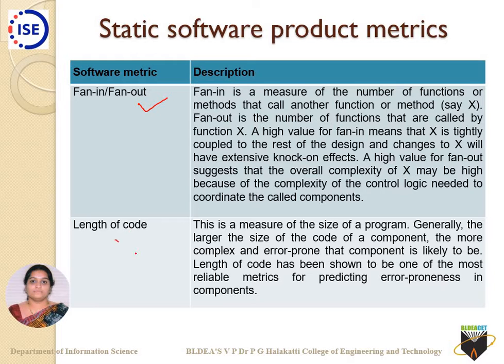Length of the code is a measure of the size of a program. Usually we judge a particular program based on the length of the code. The larger the size of the code of a component, the more complex it ultimately is. As far as possible, if there is no other alternative, we can go ahead, but otherwise we can shorten it. The more complex and error-prone that component is likely to be. Length of the code has been shown to be one of the most reliable metrics for predicting error-proneness